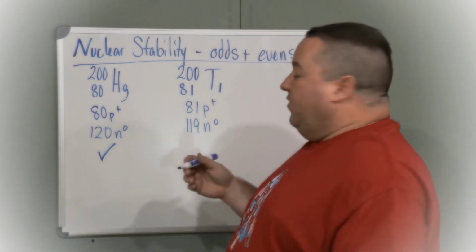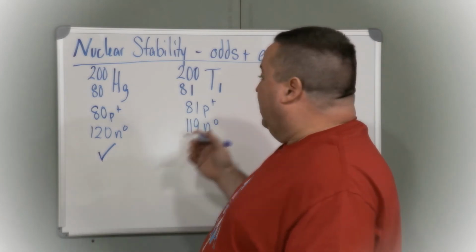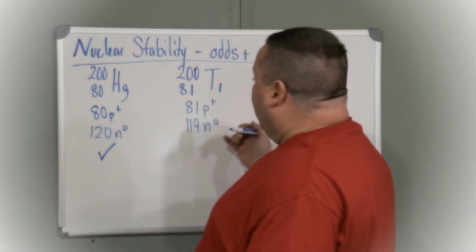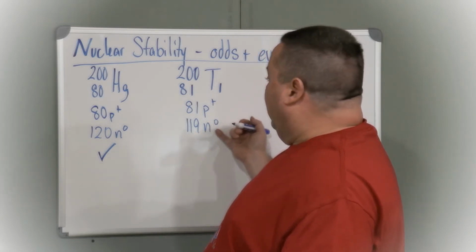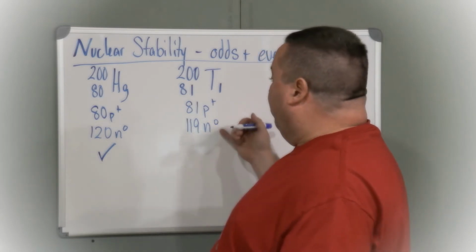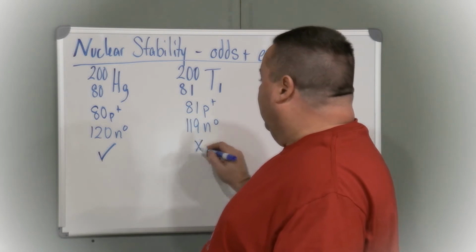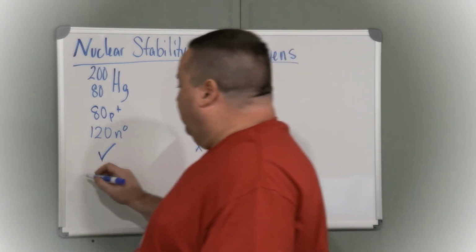There's a very, very small chance among indefinitely stable nuclei of having an indefinitely stable nucleus if I have odd numbers of both protons and neutrons. So the mercury-200